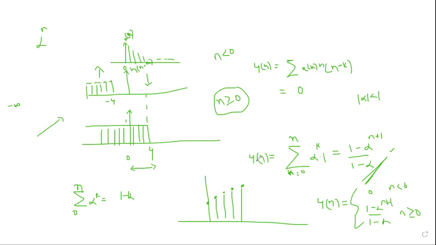So what all things did we do, by the way? First we wrote x of n as x of k. This was step number 1. Second, we wrote h of n as h of minus k; we took the mirror image. Then we kept on pulling this value of n from minus infinity to infinity, identified the overlaps, and bingo. Okay, let us try one more.